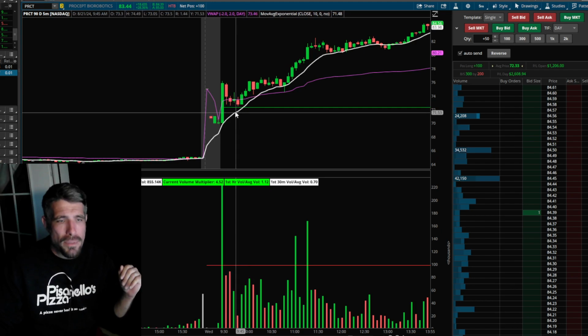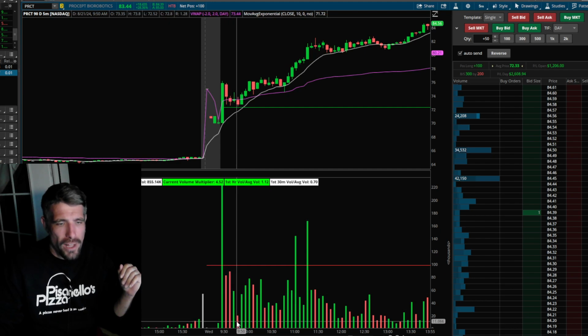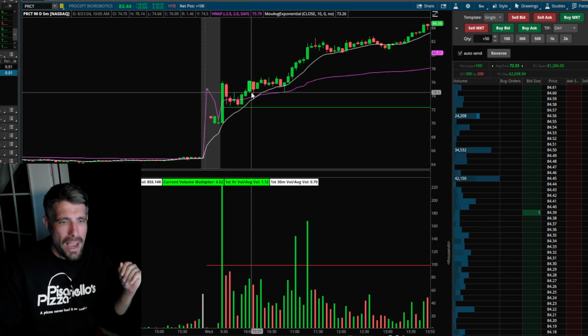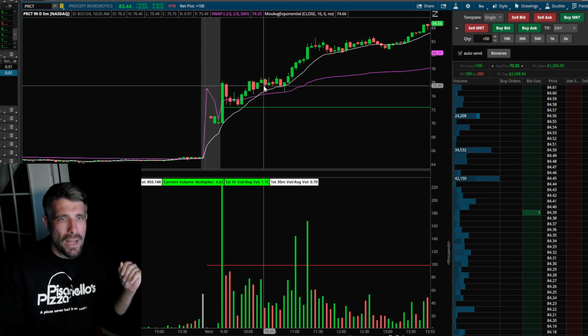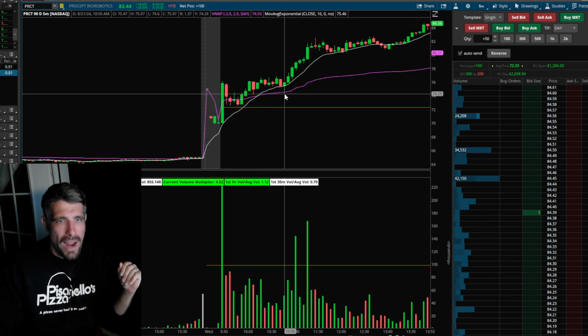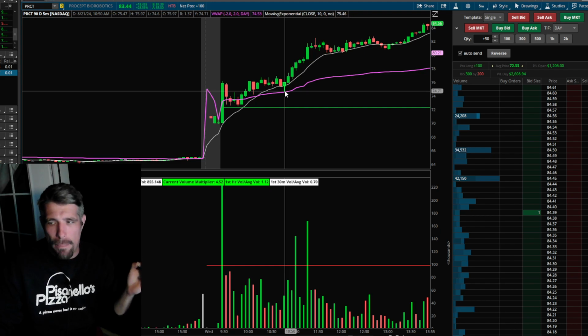Then it pops. It continues to sell off here, much, much lower volume. Look at that volume. That was like the volume that was traded from the previous day. And then look at this. Huge volume again, pushing it back up, right? Now look, it trades sideways, lower volume. Decides to push up higher after retesting VWAP, guys.